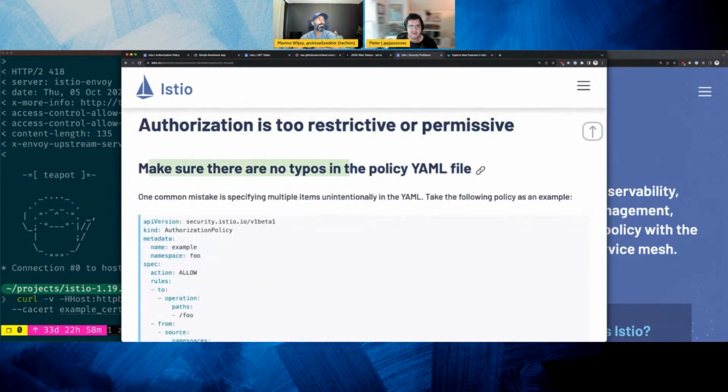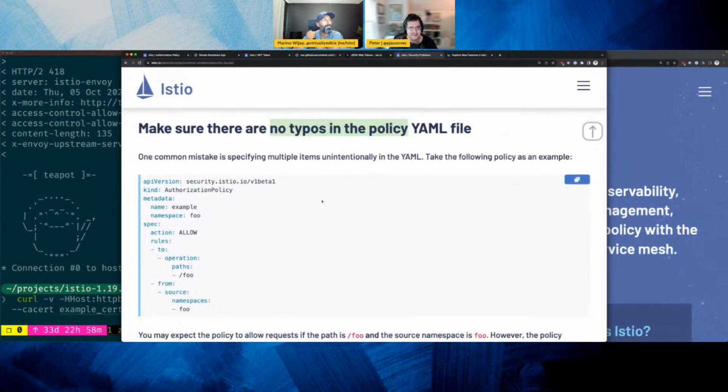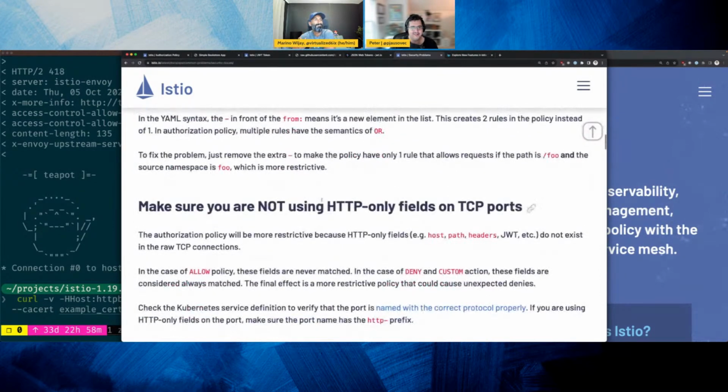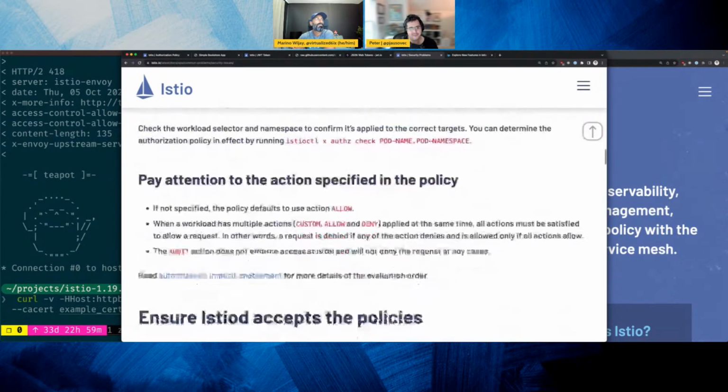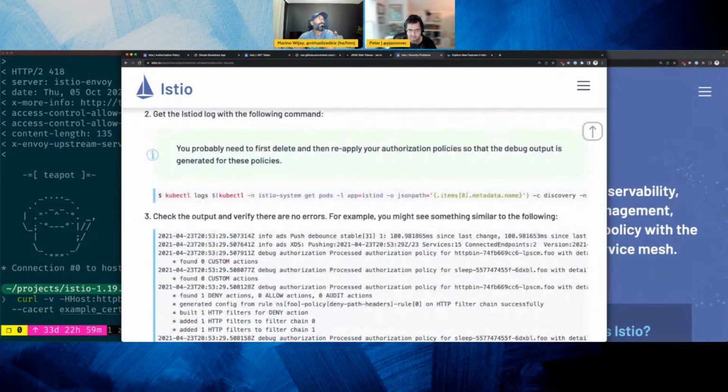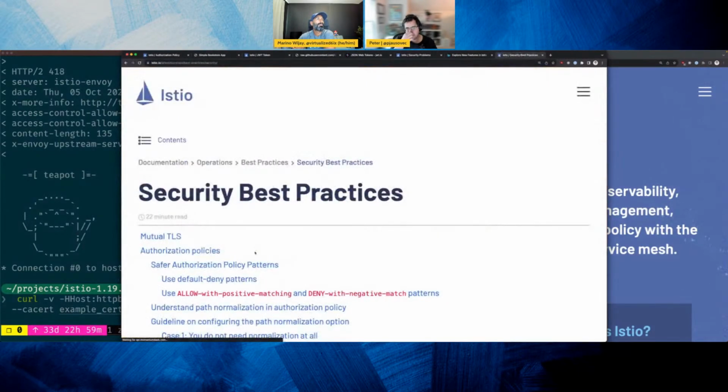This is the one that I brought up yesterday, right? Make sure there are no typos whenever you're copy pasting stuff. Not using HTTP. Yeah. So this is an interesting one to review, and then of course the best practices one,